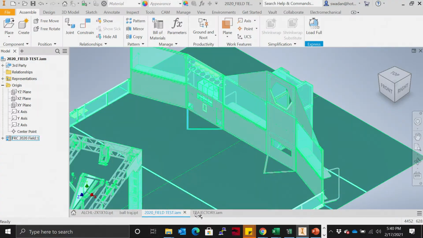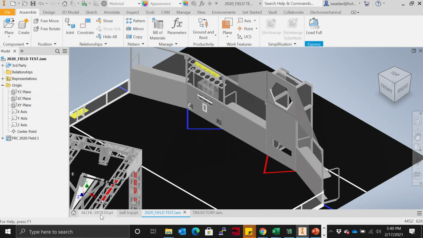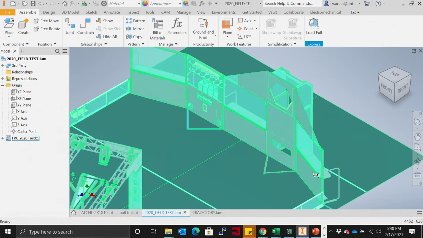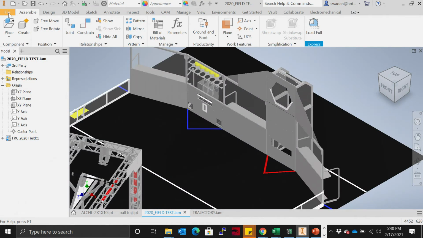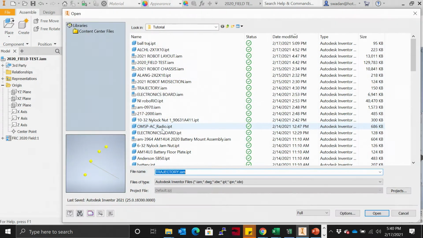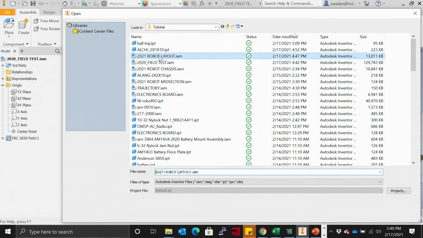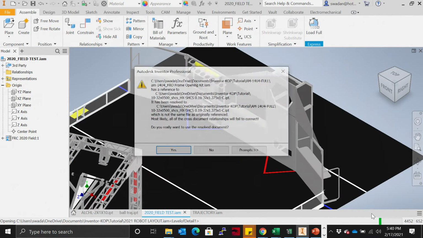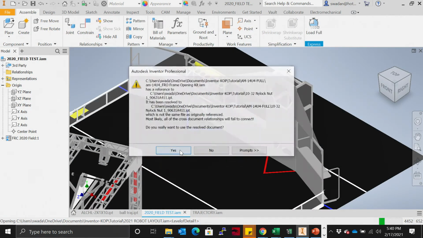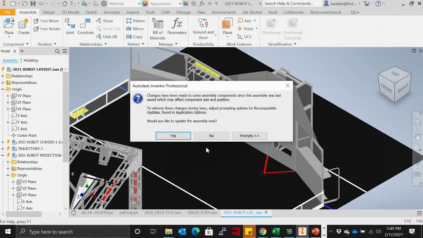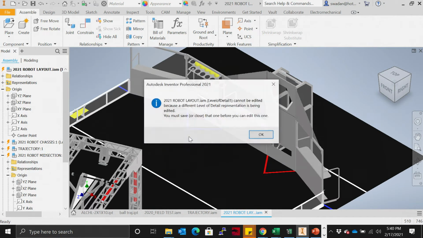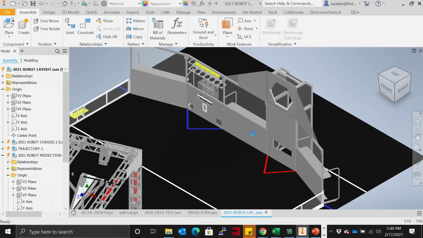But overall, you can see the benefit of having CAD and playing with your robot before you even cut your first pieces. So with this basic assembly, we now know what our drivetrain is going to look like,